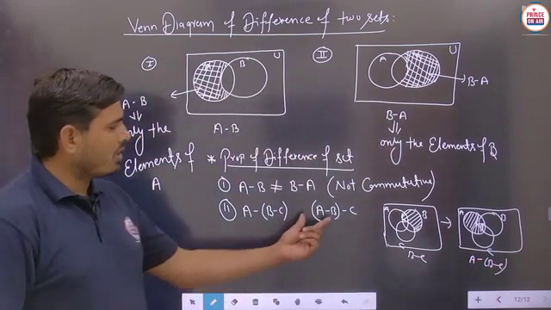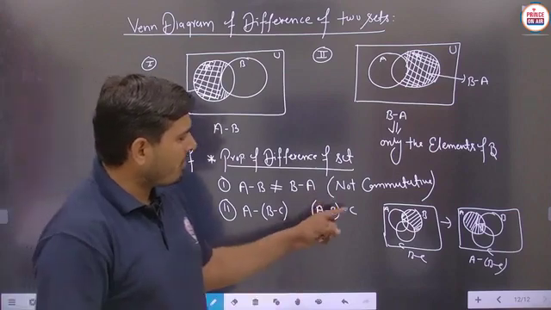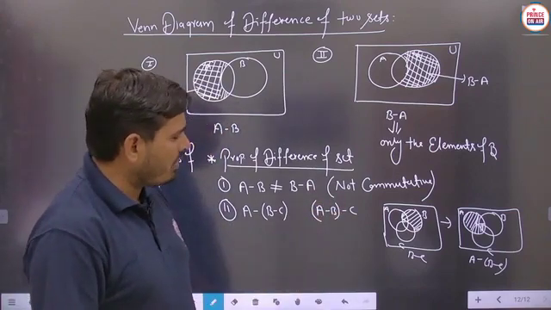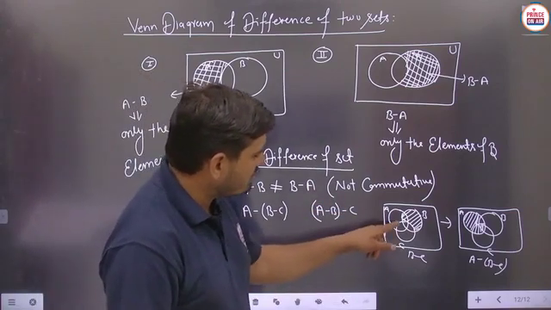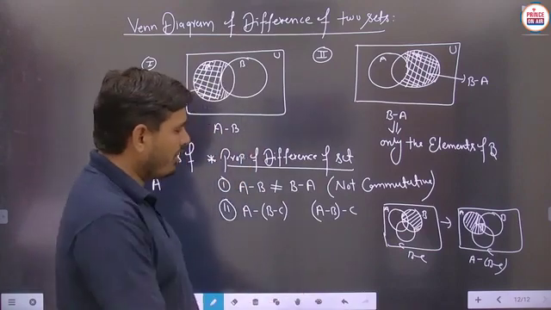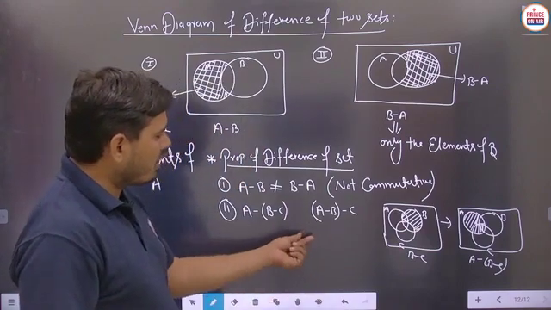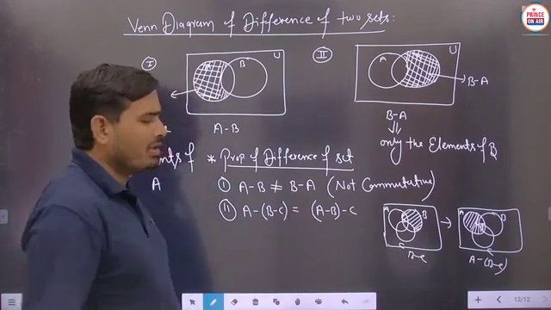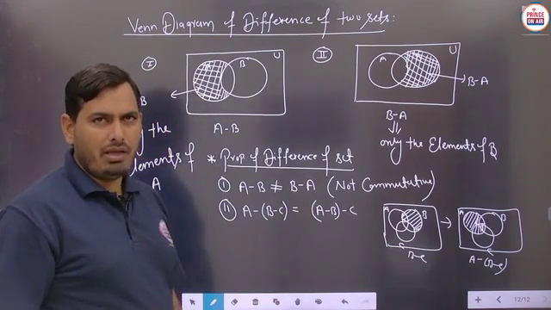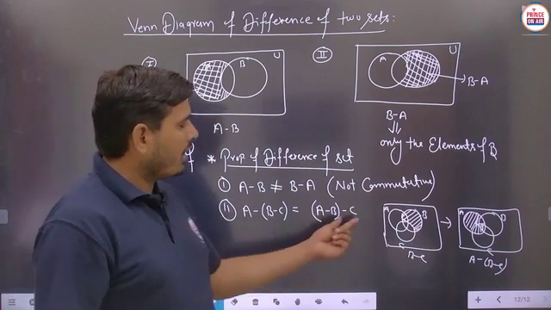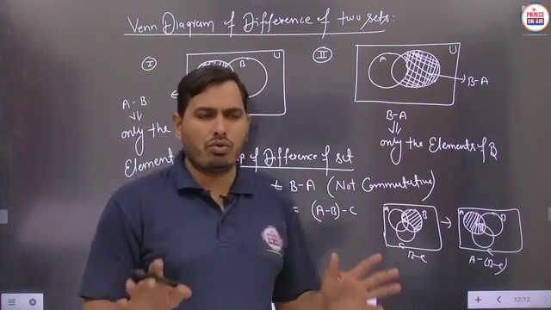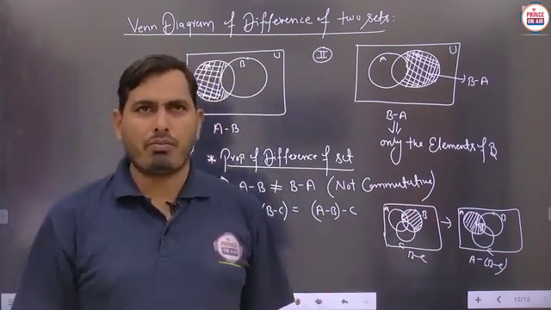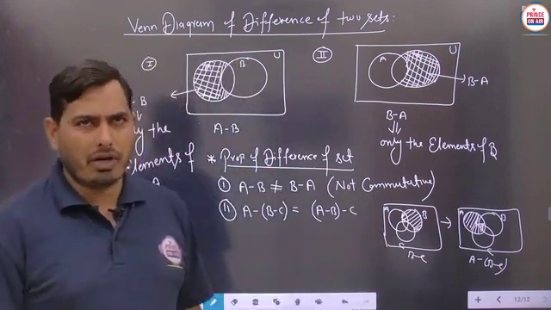Similarly, if we have to make the Venn diagram of this part, A minus B, only the elements of A we will take here, meaning we are not taking the other elements, and then this particular part is to be taken here. So students, both are found to be the same here. Then you can say that it is associative. So you can verify the results with the help of Venn diagrams.